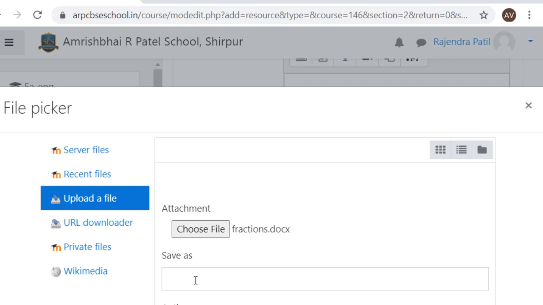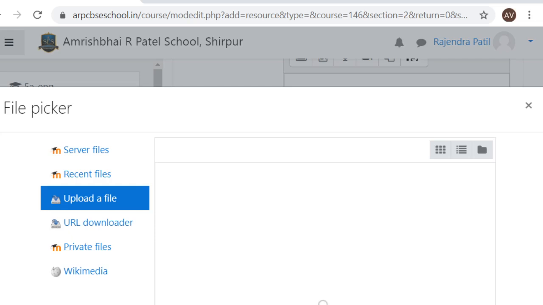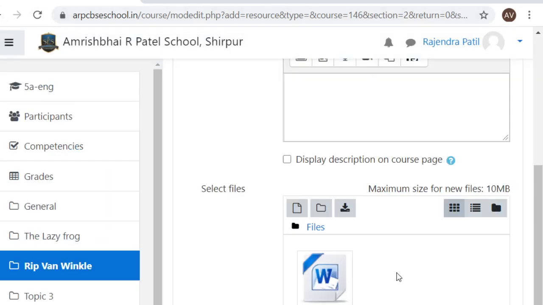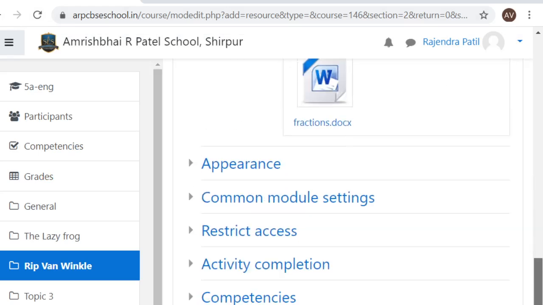It means the file is uploaded, and the author means the person who has assigned the assignment or file. After that you can click on upload this file. So when you upload it, the children can see that file. Okay, and after you click on upload the file, it will show you how the file is uploaded there, and according to that it will be easy for you to access it for further reference.